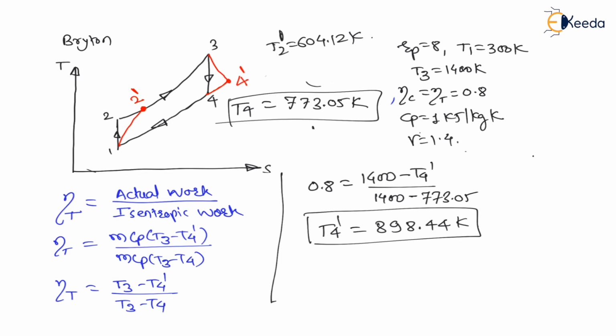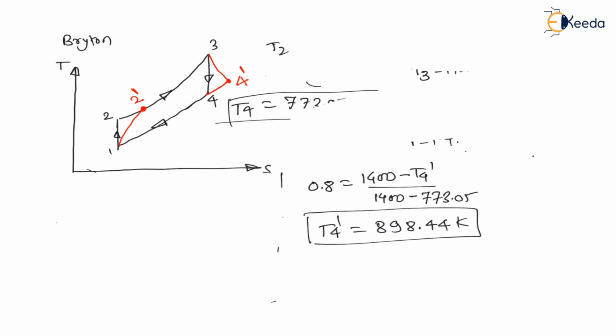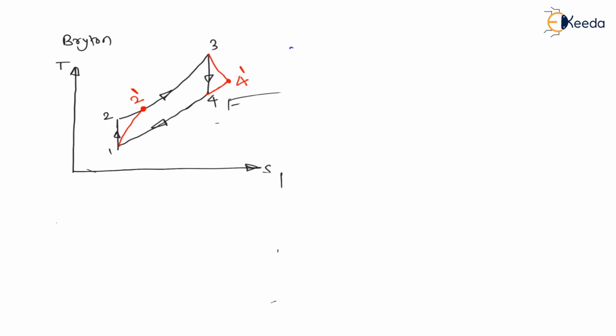Now my dear students, the second point is to calculate the efficiency of this gas turbine. For this total cycle, the efficiency is given by the formula we derived at the start of the lecture. The efficiency of this cycle, that is the Brayton cycle, is equal to 1 minus (T4' minus T1) divided by (T3 minus T2'). This is the result.